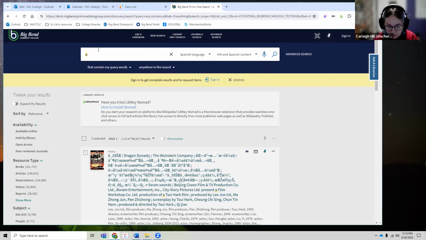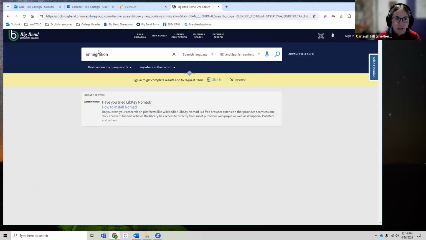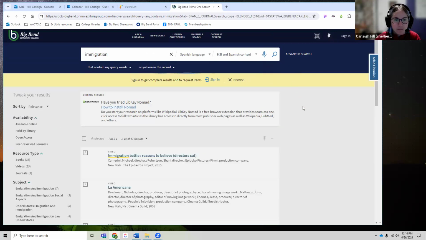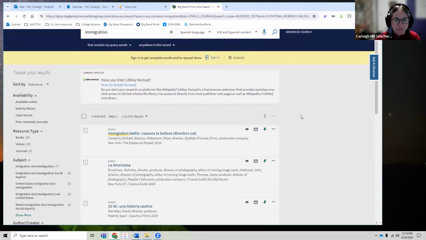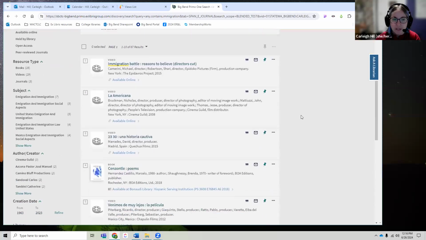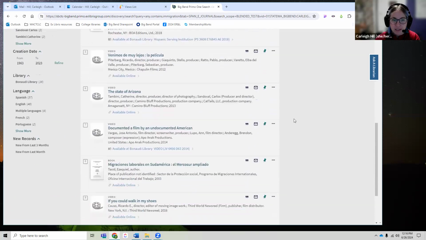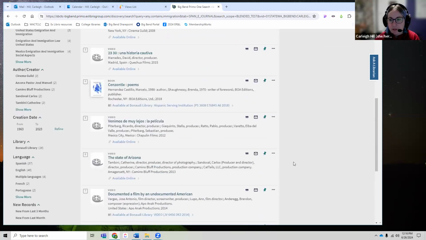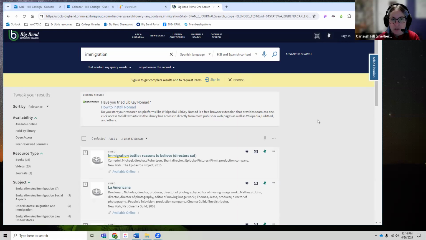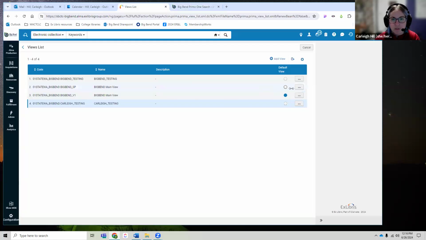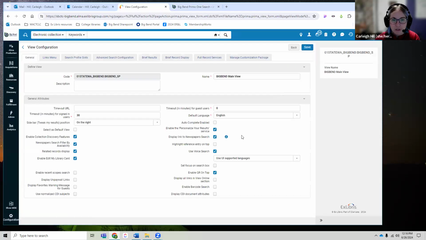And this makes it so that the content that they have in Spanish in this collection is what comes up when that is searched, whereas the normal view, and even the Spanish view that we've got going right now, doesn't. It just has